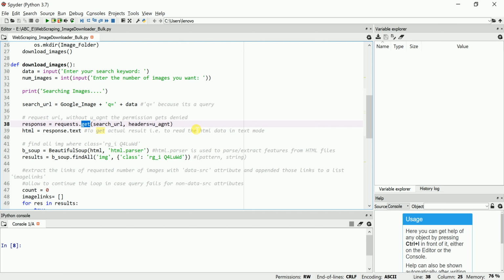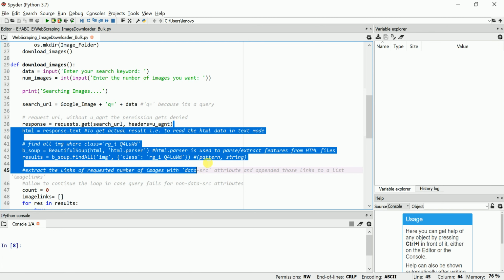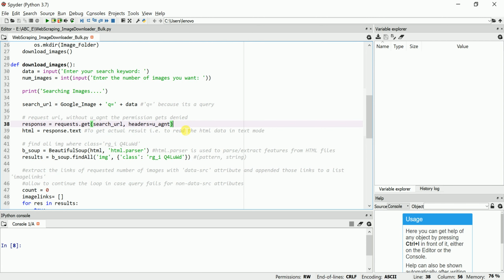But here we don't need to worry about security because we are just extracting images. There is no ID or password, so we don't need post. It depends upon you, whichever request, get or post, you want, you can give.